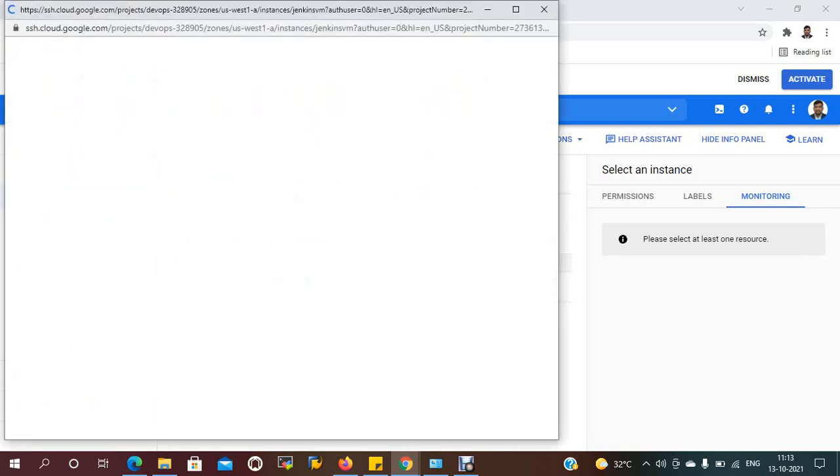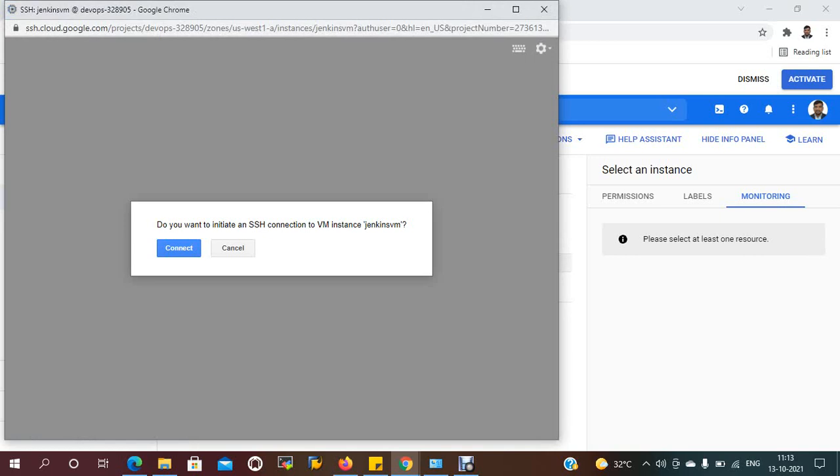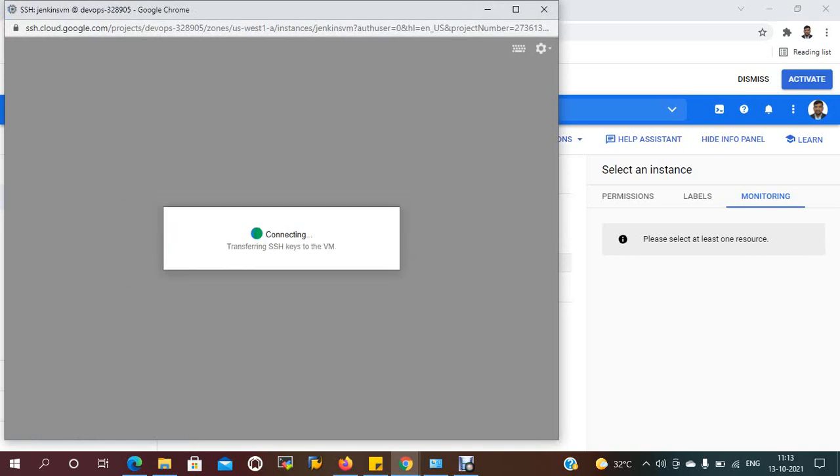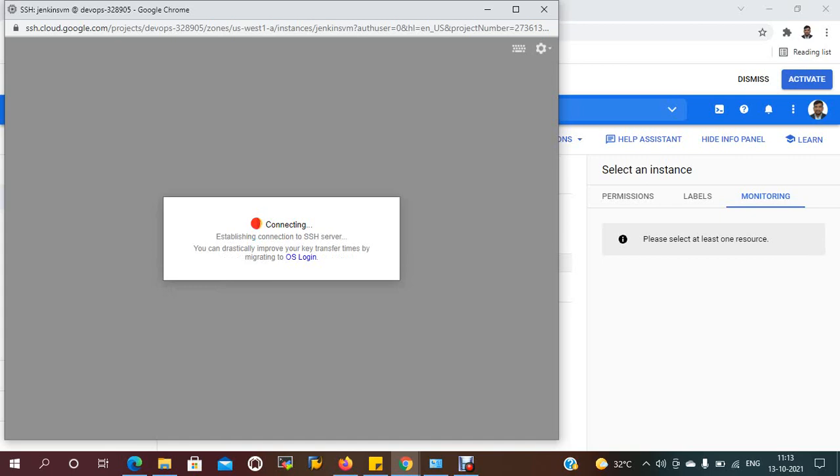When you click SSH, it asks you to connect to the VM. Basically using PuTTY we connect with username, IP, and those details. With this only we can connect.